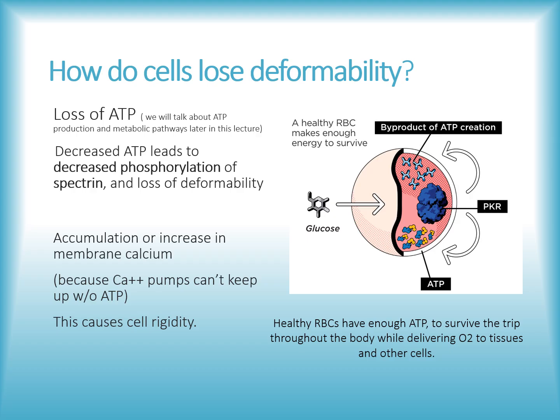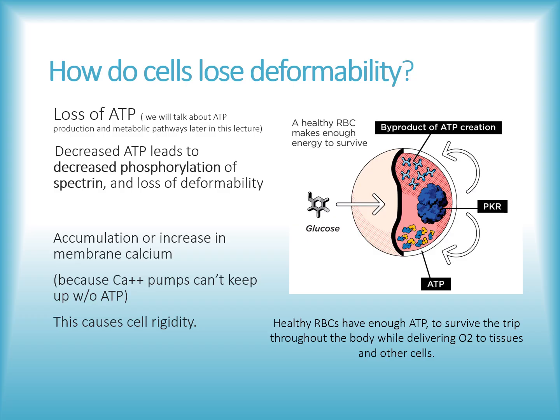So, why do cells lose deformability? If cells have proper membrane proteins, the proper ratio of phospholipids and cholesterol, they have everything they need to do. What happens? Well, if you hadn't noticed already, and we haven't really talked about red blood cell development yet, we're just talking about some of the characteristics. You will note that red blood cells are anuclear. They do not have a nucleus. They start out with a nucleus, but as they mature, they lose the nucleus and they have to utilize